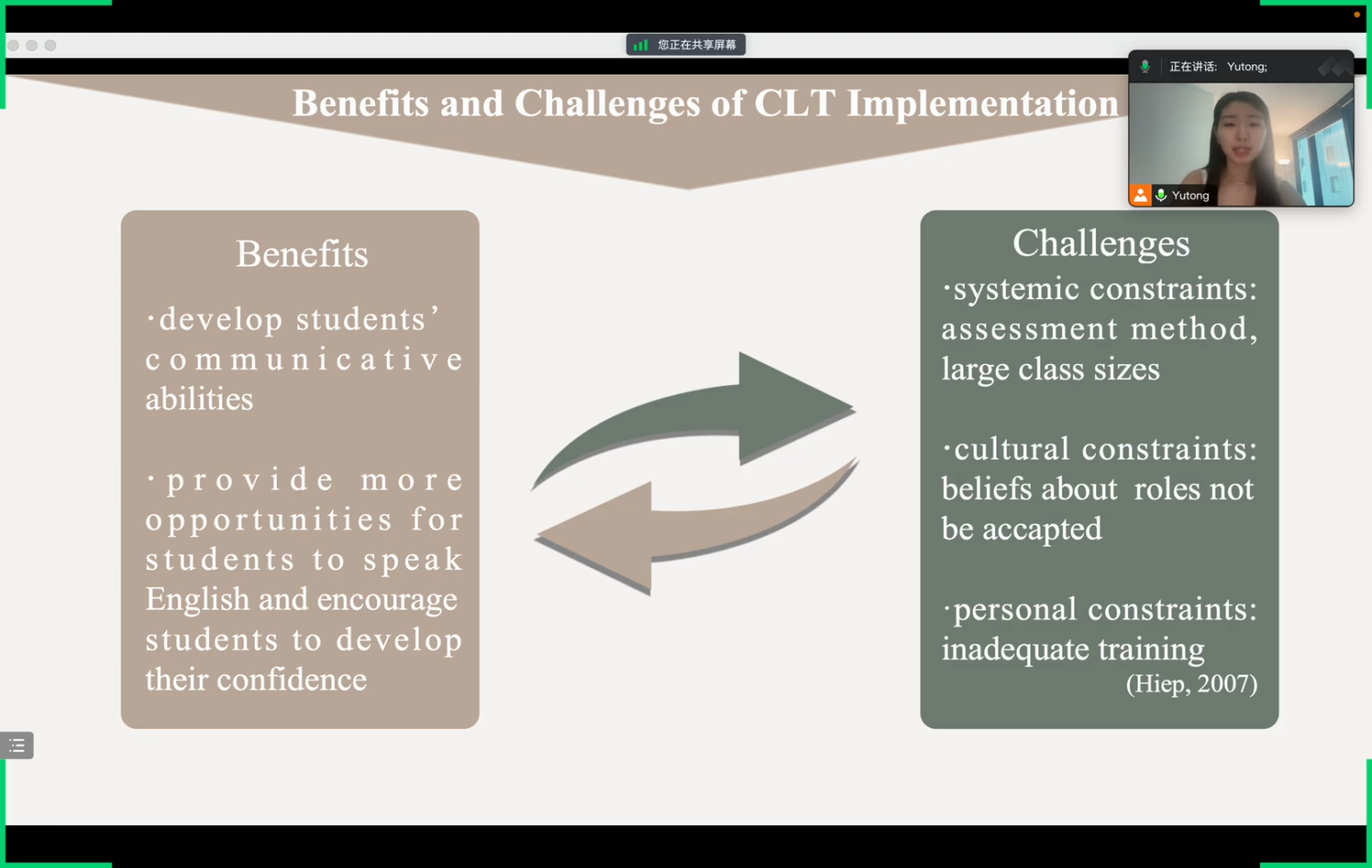However, the implementation of CLT also has some potential challenges. First, it can be constrained by the traditional assessment methods and large class sizes. Second, the beliefs about the teacher and student roles, different from the traditional ones, may not be accepted by all. At last, not all teachers receive adequate training in CLT principles and techniques, which means that they cannot implement CLT